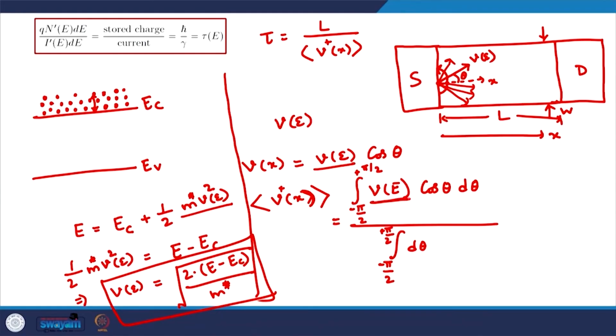And since the expression for Ve does not involve any theta in it, it can be taken out, and the average velocity will be Ve times the integral from minus pi by 2 to plus pi by 2 of cos theta d theta. The denominator, theta from minus pi by 2 to plus pi by 2, will just be pi. So, it will be Ve by pi times